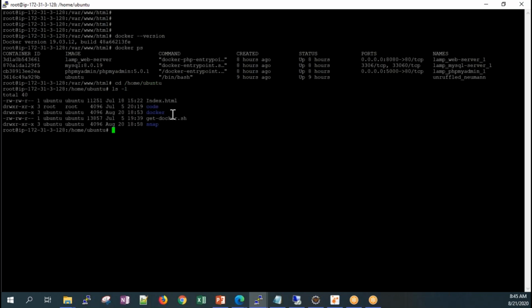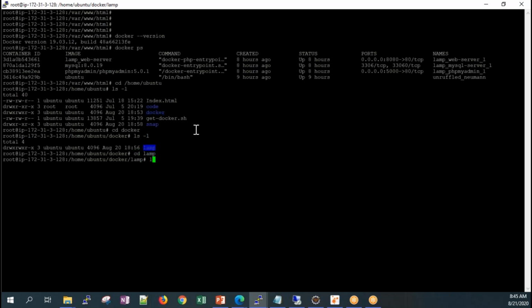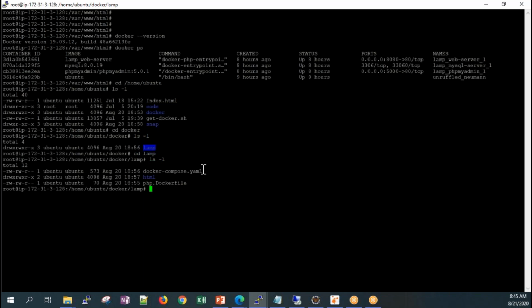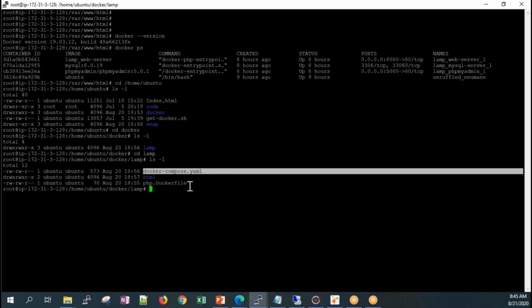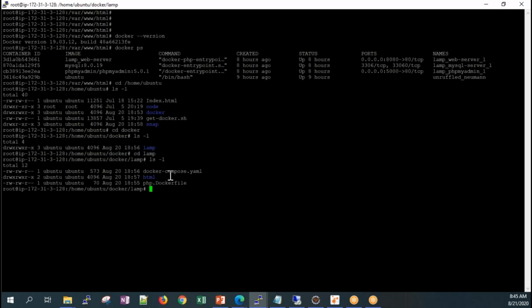Okay, so basically, I had this YAML file. I created this YAML file for PHP, for HTML, and then I used Docker Compose to get this application running.